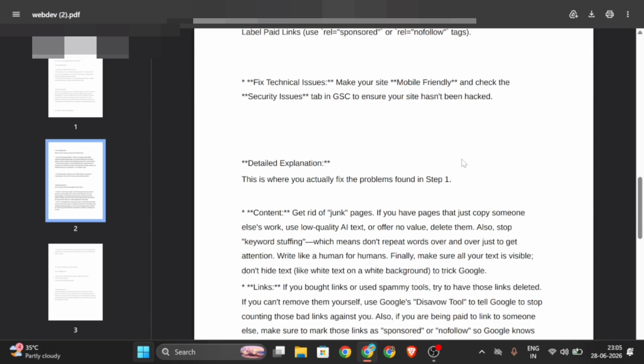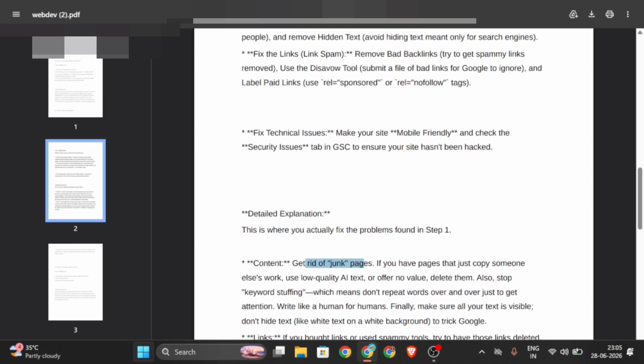Being mobile friendly comes down to speed. Your site needs to load fast, which means using a lightweight template, clean design, and smooth navigation. When it comes to what Google calls junk pages, you should get rid of them. I already told you before, don't copy pages. Don't scroll through Google, find a popular article and think, "Let me just run this through an AI, copy it, and look cool." That doesn't work. You have to add real value.